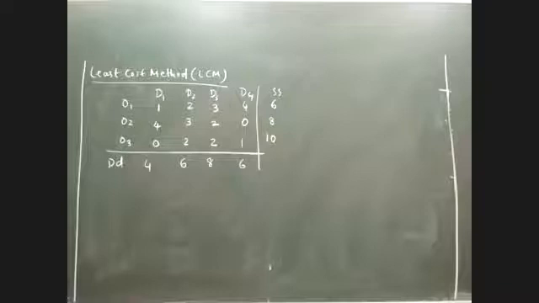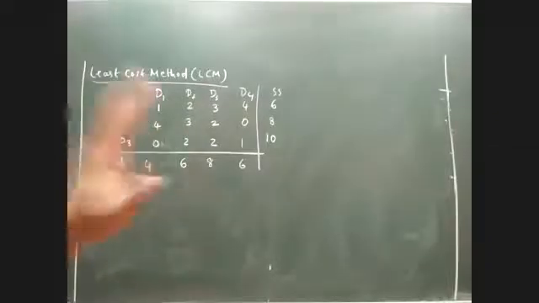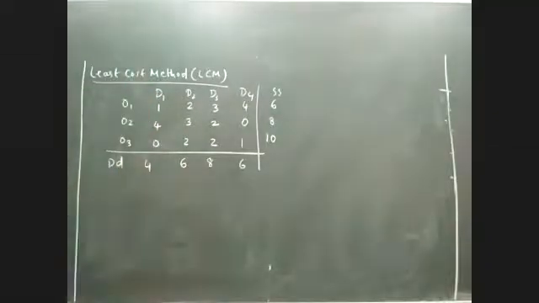Even in method number 2, this condition has to be verified. And if it is unbalanced, the same way we did in the Northwest Corner Rule method, the balancing has to be done. So as far as converting unbalanced to balanced, in all the three methods, the same procedure is used. There is no difference in that. But the way we do the allocations is different in different methods. Is that clear now?